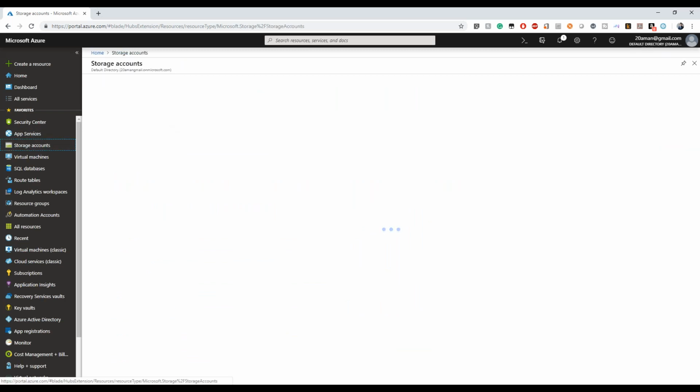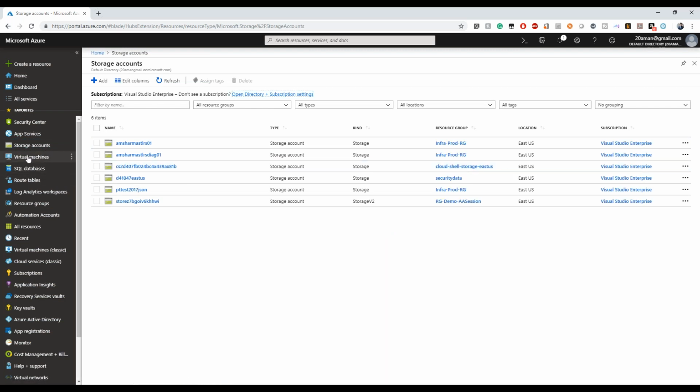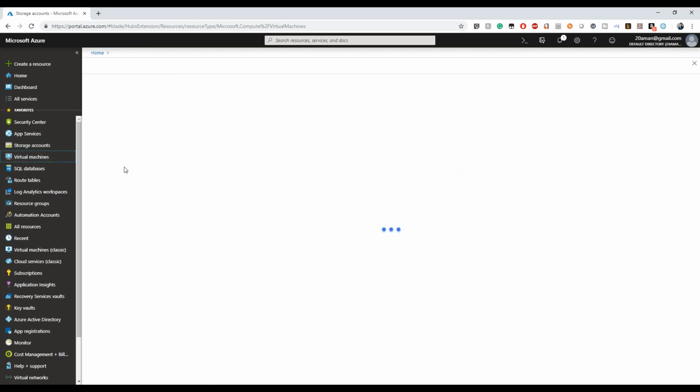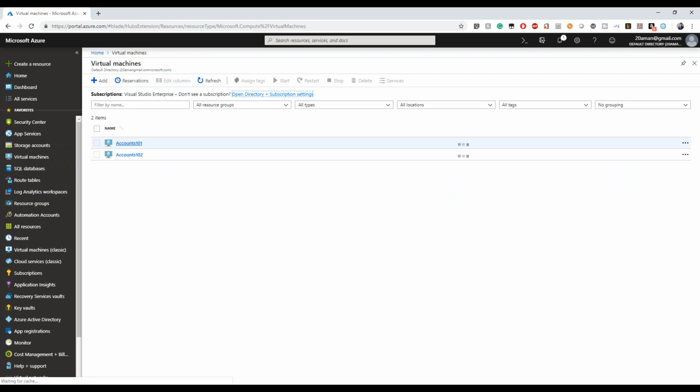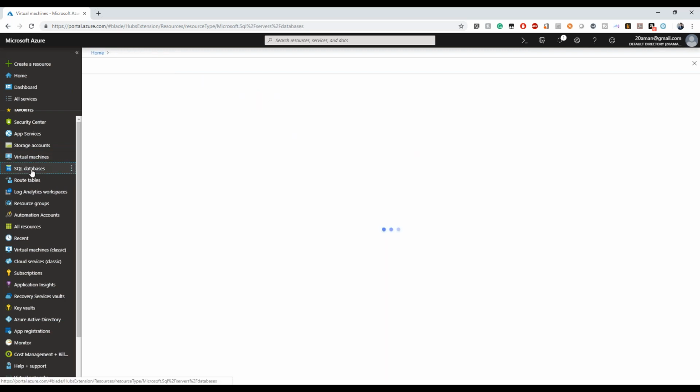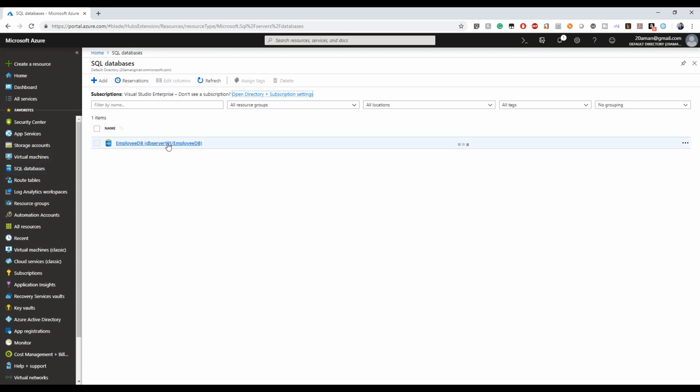I have the different storage accounts where files can be stored. I have multiple virtual machines in the environment. And finally, I have the SQL databases in the environment as well. So how can I ensure the security of all of these, the whole environment in total, as well as the individual resources at the granular level?